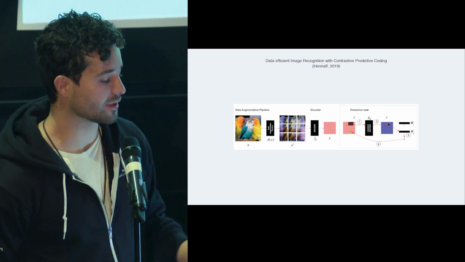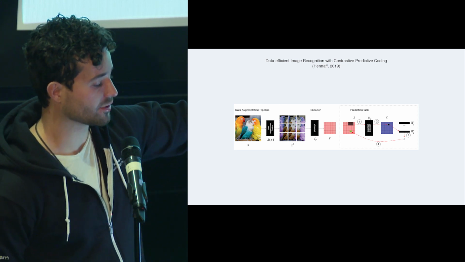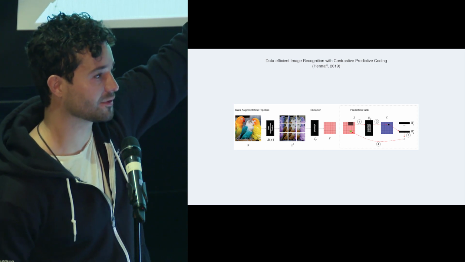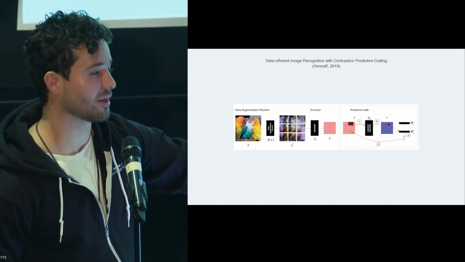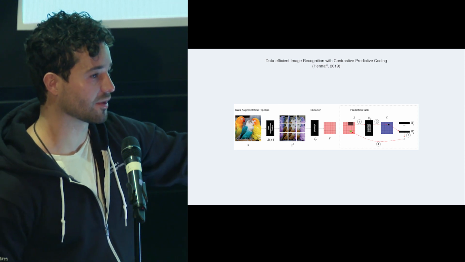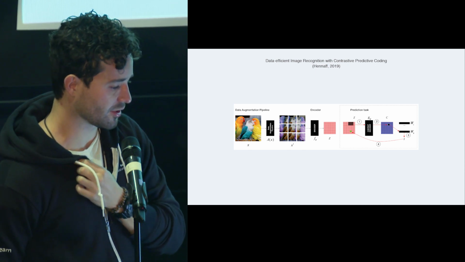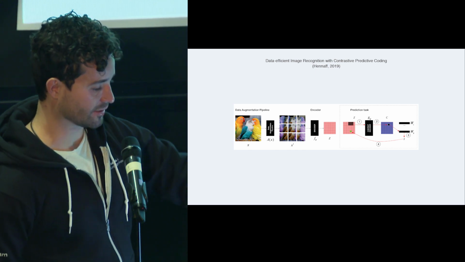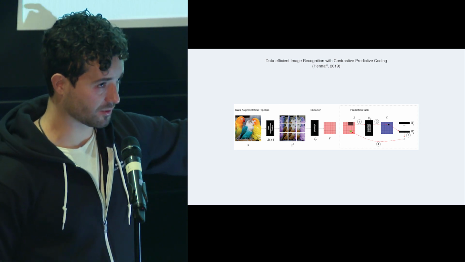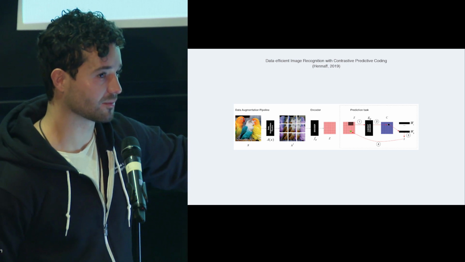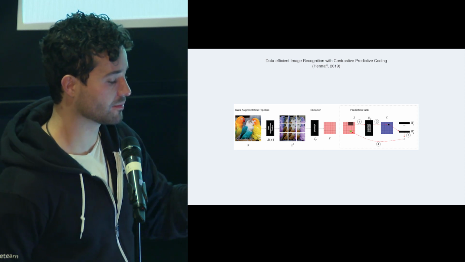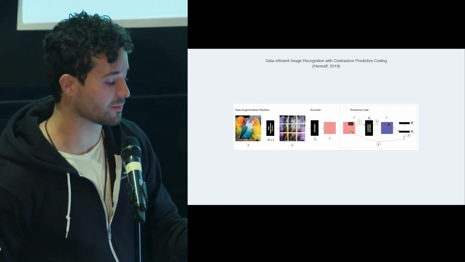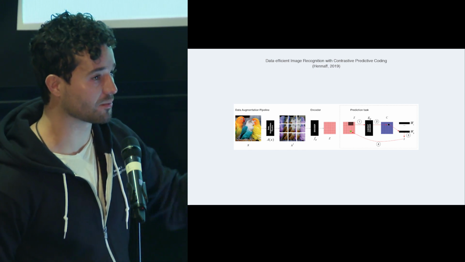And now you're going to say, let's say that you treat the image as kind of time. At the top left, you have time 0, and at the bottom right, you have time n. So you're just going to think about this as some sort of time sequence. At time 0, the top left corner, I'm going to take that C that corresponds to that. I'm going to try to predict something at time n, or something way below that specific patch. And the way you do that prediction is you take the C, you multiply it by a weight matrix at that row that you're trying to predict.